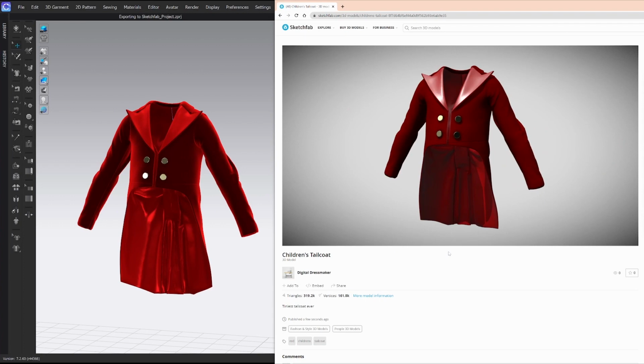Welcome to my channel. In this video, I will show you how to export this tiny red tailcoat from CLO3D into Sketchfab. Sketchfab is a 3D publishing platform for sharing your models for download or viewing on their web browser or app. This tutorial covers a few settings and adjustments that will make sure your models export effectively from CLO3D